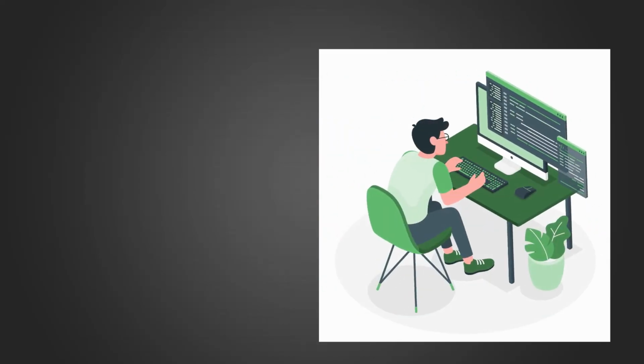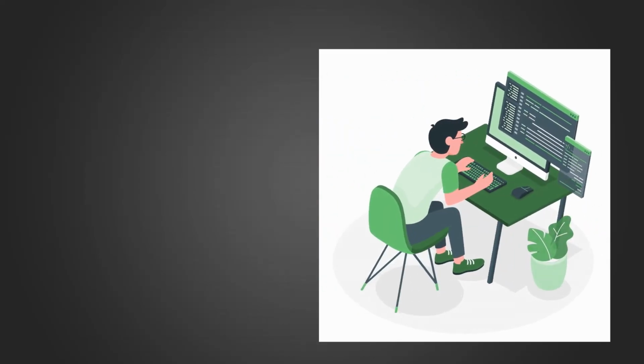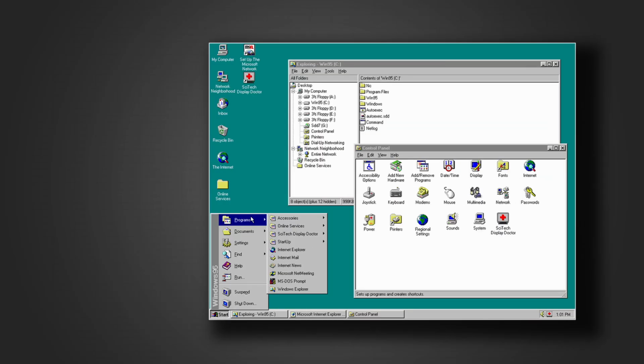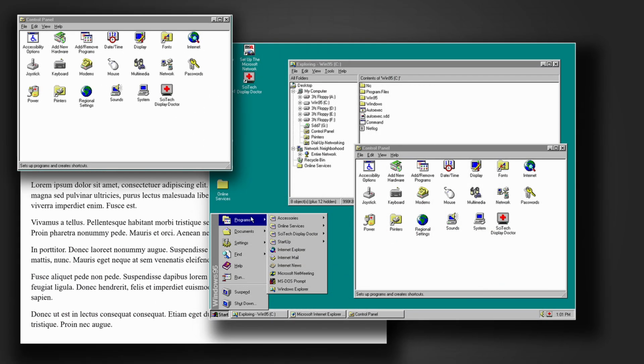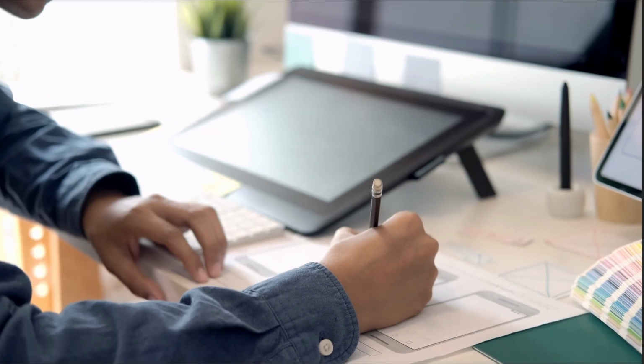Let's be honest, VBA UserForms get a bad rap. People think they look like something straight out of a Windows 95 time capsule, complete with grey boxes and that oh so classic Times New Roman font. Yikes. But here's the thing, while VBA itself hasn't had a glow up in decades, design principles have,